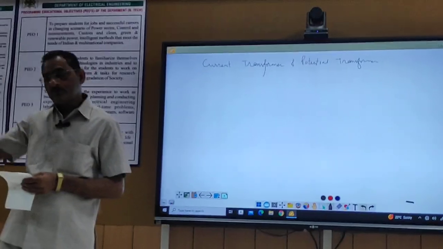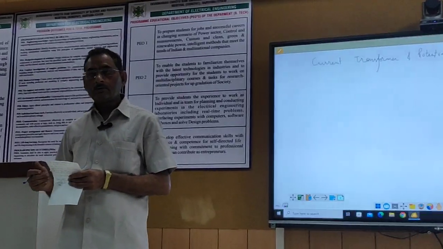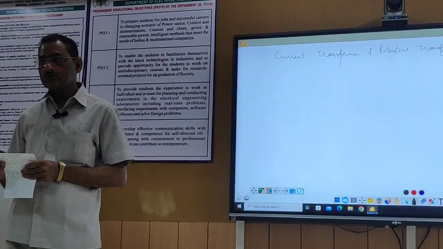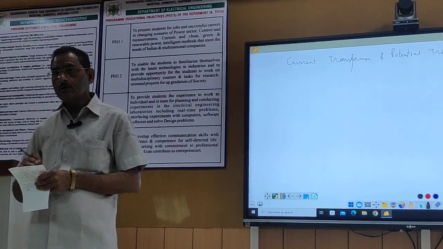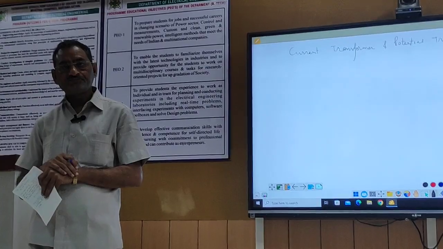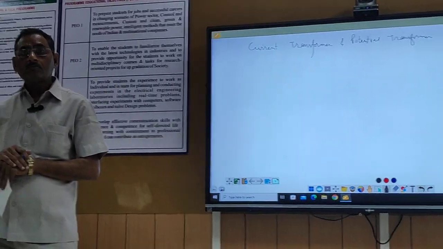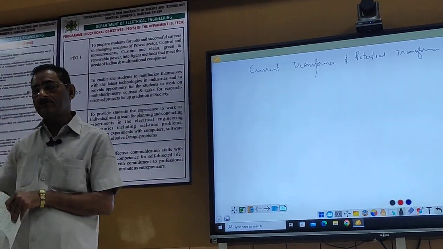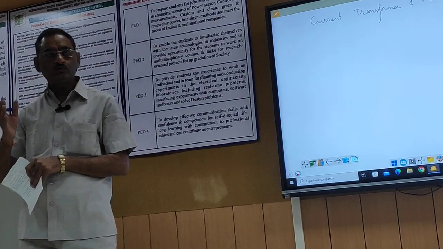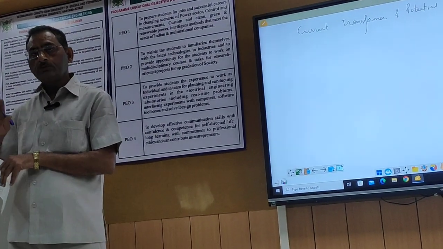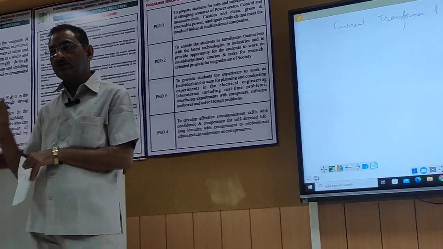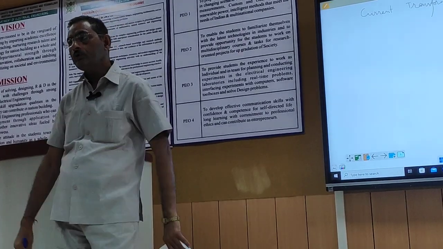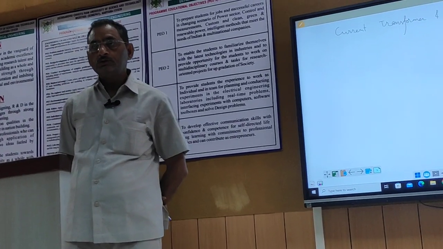In the previous classes, we were describing the basic principles of single phase transformer, three phase transformer. We also described what the auto transformer is and what its application is. And these are the power transformers. Power transformers are used either at the generation side, transmission side, as well as they are called distribution transformers when we use them in the distribution side. So we studied the power transformer, the distribution transformer, both single phase or three phase, and auto transformer also we studied.